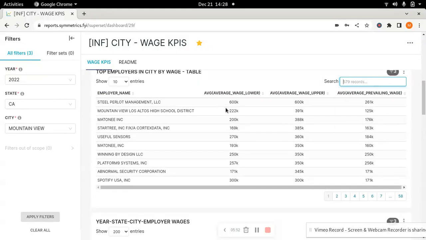Since this training video focuses on wage, we have in this table three wage criteria. They're called average wage lower, average wage upper, and average prevailing wage. Average wage lower is the lower wage that this employer paid in the year 2022 for the state of California in the city